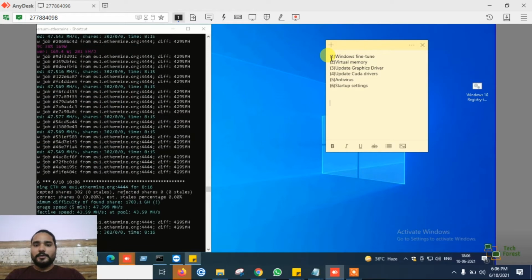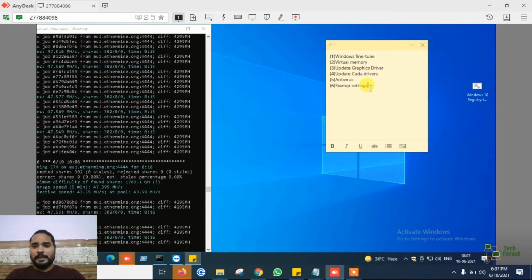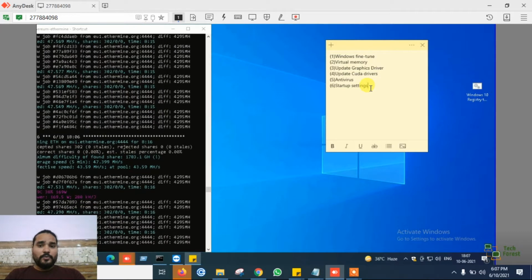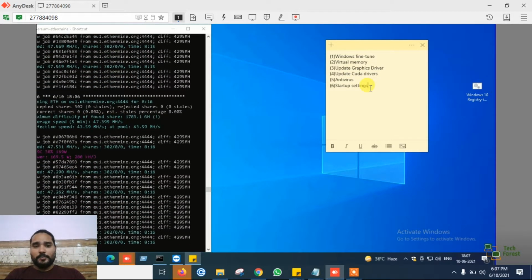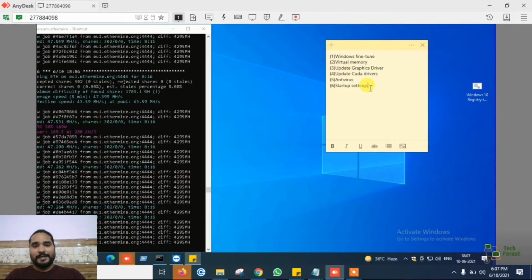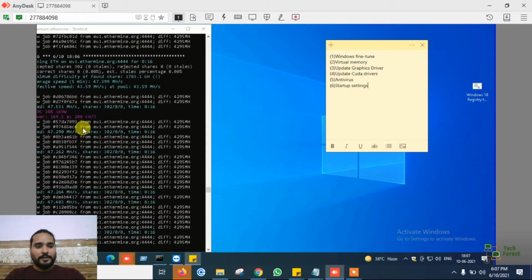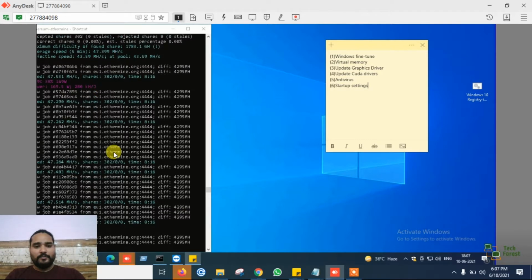So we will cover these 6 points, and I believe all 6 points are important if you are starting mining. If you do not do these settings, you may face continuous issues in your machine and you will not get the maximum hash rate. As you can see, my Ethereum mining is going on in this machine and I have only one card.